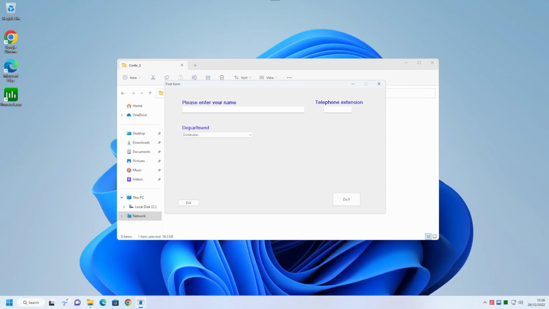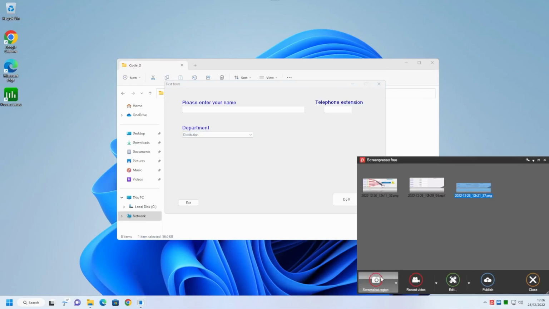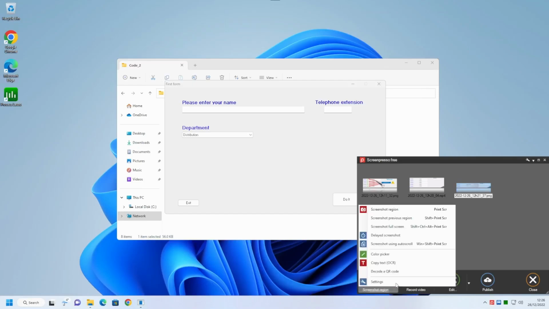Another useful thing you can do with the screen grabber is a delayed screenshot. For example, this application we have here has a drop-down list. This drop-down list has 3 items. If we attempted to use a standard screen grabber, the selection drop-down would disappear as soon as we tried to select the screen. However, in ScreenPresso, if we go to Screenshot Region, one of the options we have is a delayed screenshot.